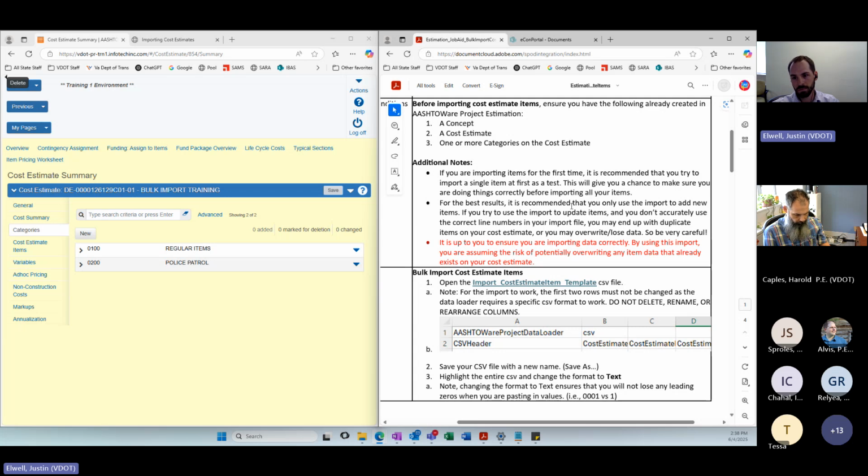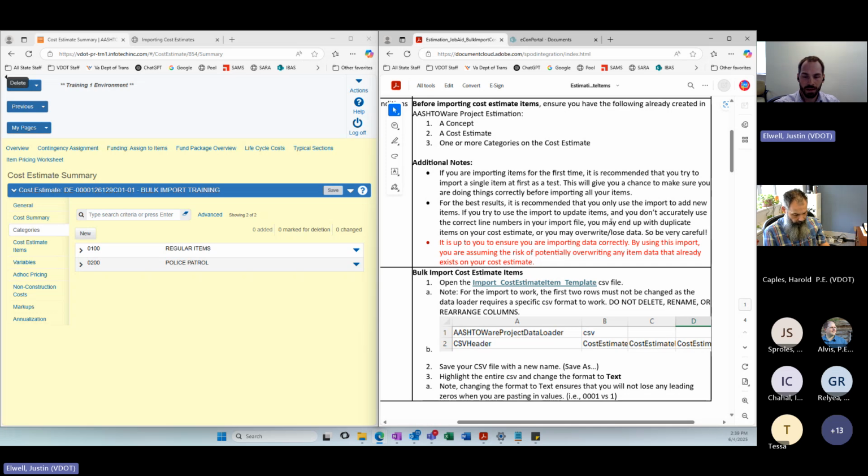For the best results, it is recommended that you only use the import to add new items. If you try to use the import to update items and you don't accurately use the correct line numbers in your import file, you may end up with duplicate items on your cost estimate, or you may overwrite or lose data. So be very careful. I will go over that pitfall towards the end of the demonstration today.